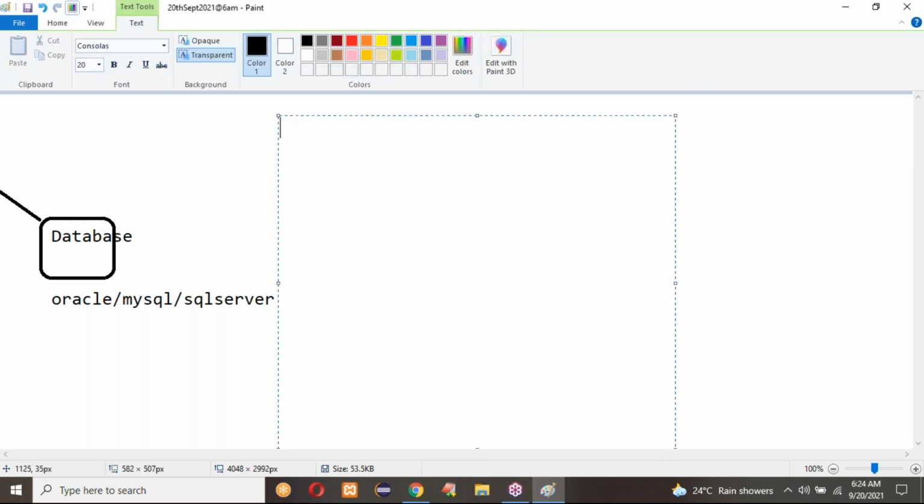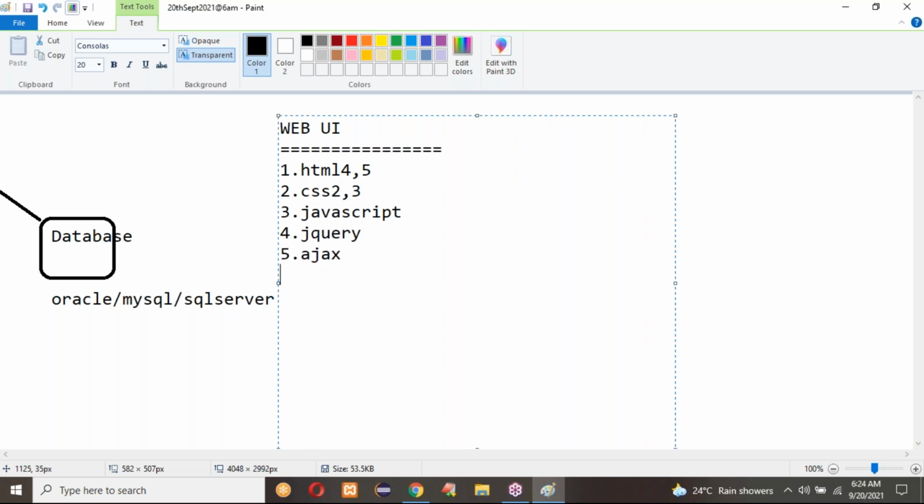Now I'm explaining how we can create a user interactive page. So what are we going to learn? The present market is looking for a UI developer who knows HTML 4 and 5, then CSS 2 and 3, then JavaScript as the third topic, then the fourth one is jQuery, the fifth one is Ajax, the sixth is responsive design, the seventh one is Bootstrap, the eighth one is Less and Sass,